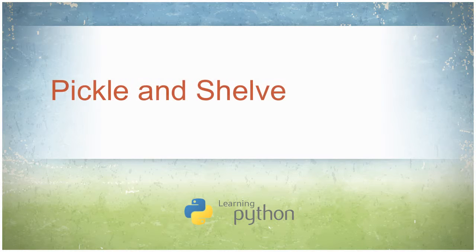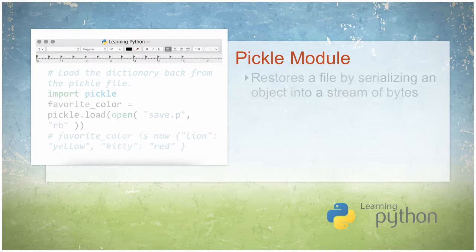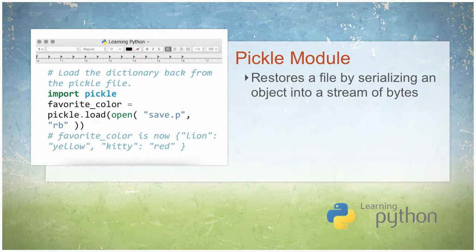object. Whenever you work on objects, you might want to save your data to a file and restore the contents. So you can do this in two ways. You can write it to a file and you can read from it, or you can use the Pickle and Shelve modules. The Pickle module writes to a file and then restores it later by serializing an object into a